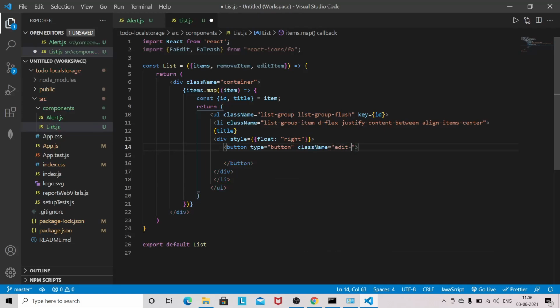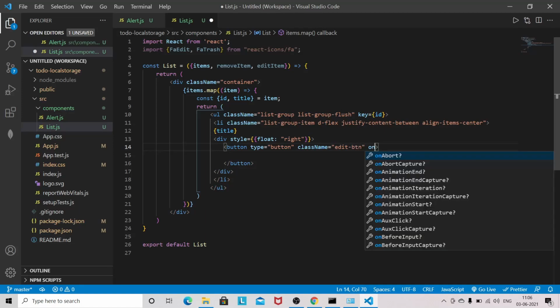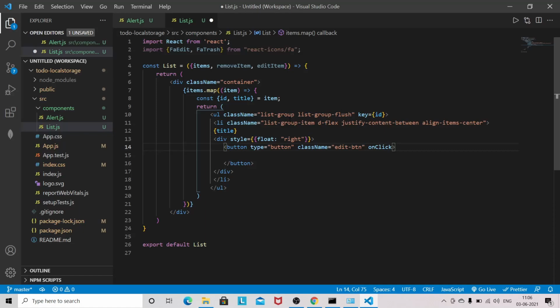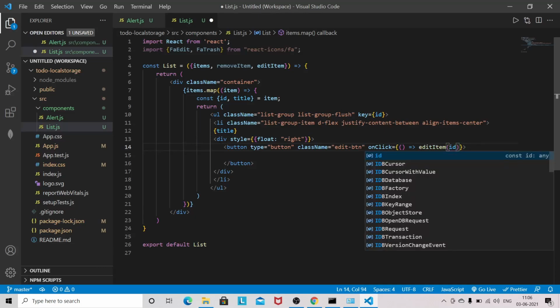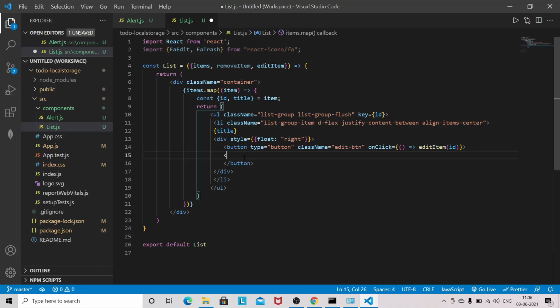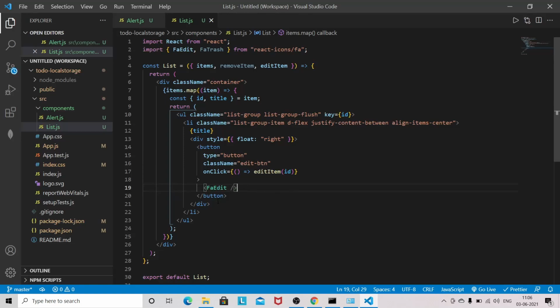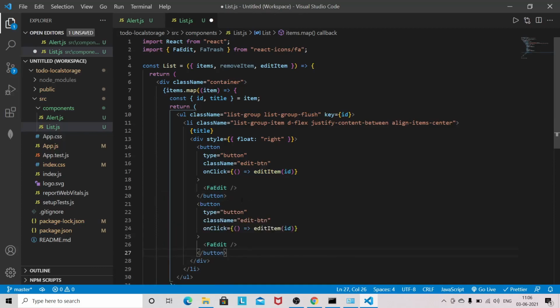Class name edit-btn, onClick editItem. So I will pass the id. Okay, and I will use the icon FaEdit. So same thing will be going for the delete as well. So I will copy this one, I will paste here, delete. Okay, and this will be removeItem, and the icon will be trash.